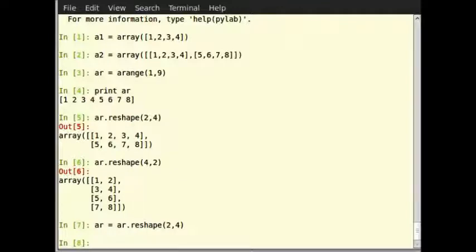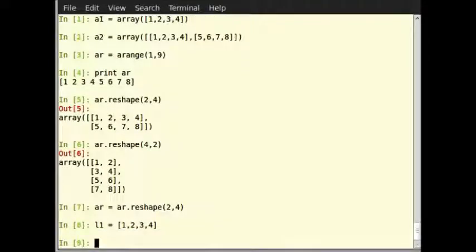Now let us see how to convert a list of objects to an array. We define a list say L1. So type L1 is equal to within square brackets 1, 2, 3, 4 and hit enter. Now to convert this list to an array, we use the array function as a3 is equal to array within brackets L1.